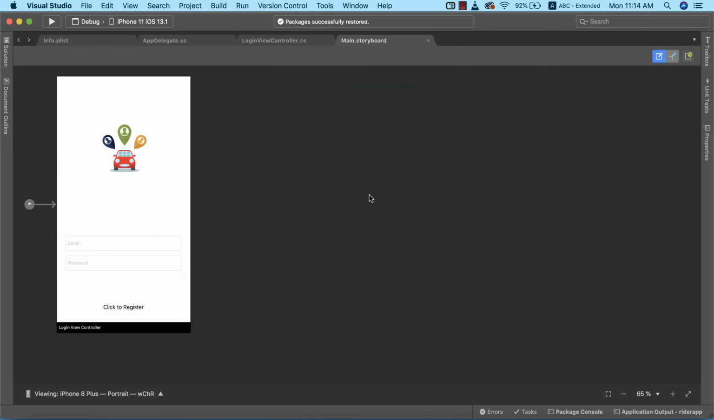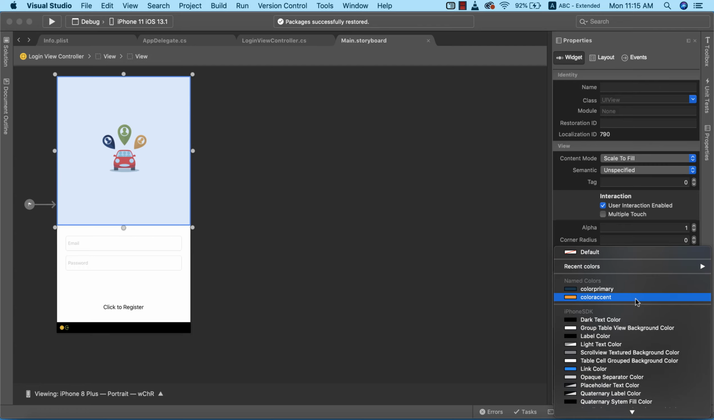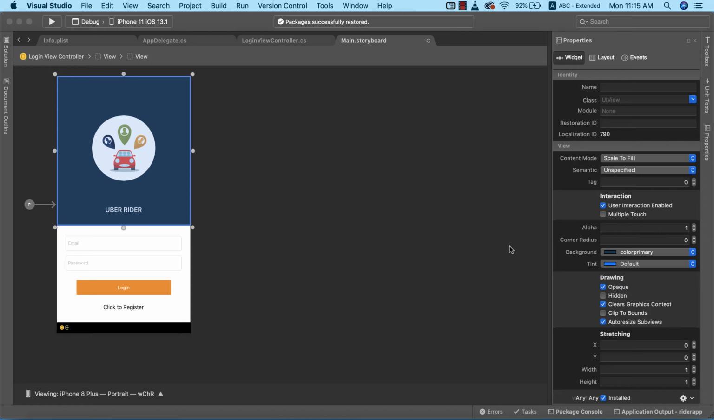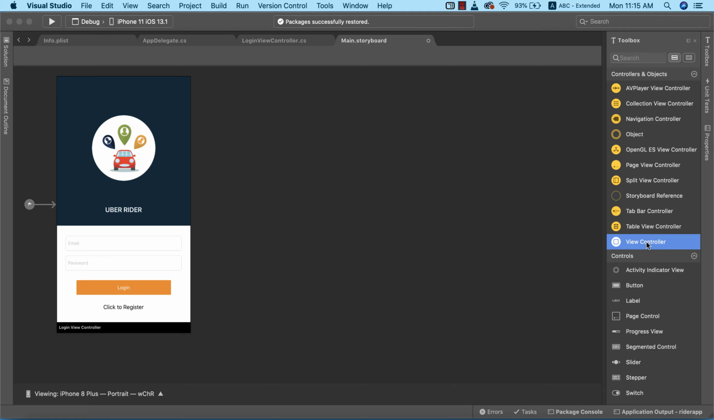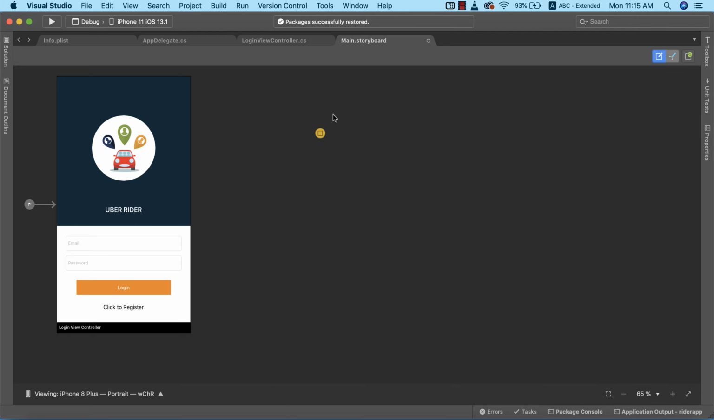Okay, so here in our storyboard, the first thing we need to do is to go ahead and resolve the color issue that is plaguing our storyboard. So we need to fix it first by selecting a different color, so all the color comes back. Alright, now the next thing we need to do is to go to the toolbox and drag a view controller into the storyboard. So in case you experience this issue while you're building your app,